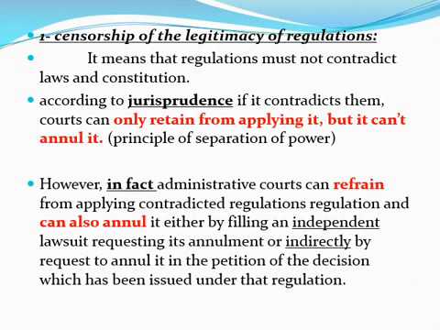So administrative courts have extraordinary powers. Administrative courts have the ability to review the legitimacy of regulations, to refrain from applying the illegitimate regulations, and then they also have the ability to annul the illegitimate regulation. Either this annulment was required from them independently or was required based on the annulment of a certain decision based on this regulation. يبقى سلطات المحكمة الإدارية استثنائية extraordinary، تراجع مشروعية اللوائح، تمتنع عن تطبيق اللوائح الغير مشروعة، مش بس كده